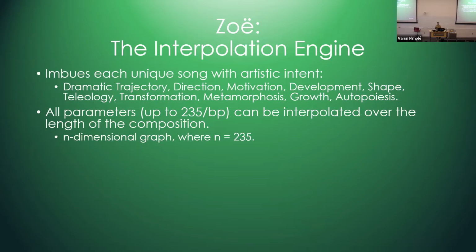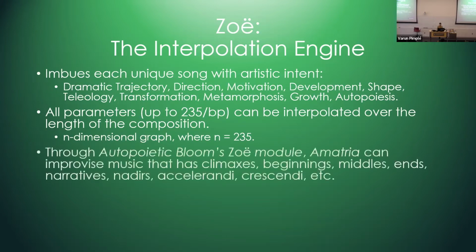So you can imagine that an improvisational scheme, they're written in JSON, but you can imagine if you could see in 235 dimensional space that it would essentially be like a sculpture in 235 dimensional space. Granted, not all of those dimensions are used for every song, but it's certainly possible. So through Autopoietic Bloom's Zoe module, Amatria can improvise music that has climaxes and